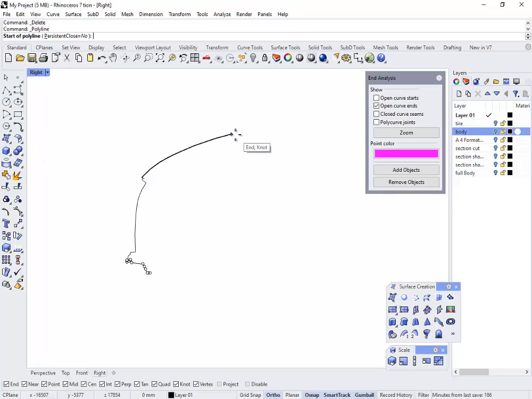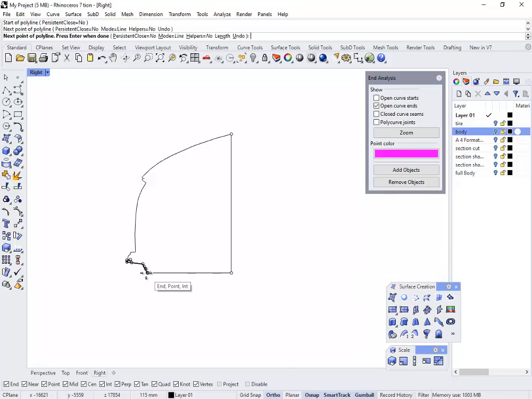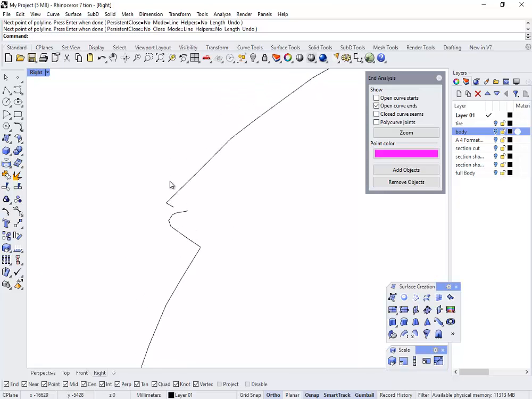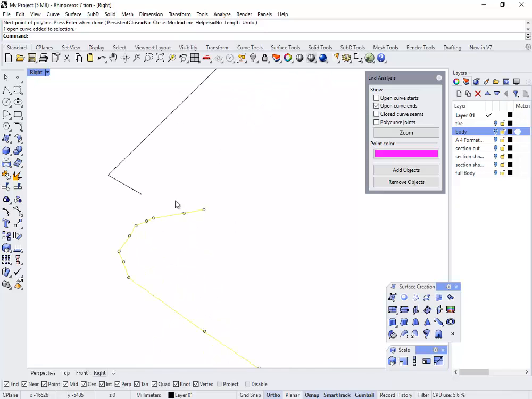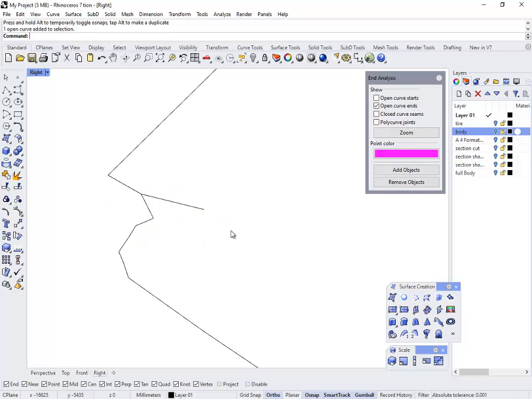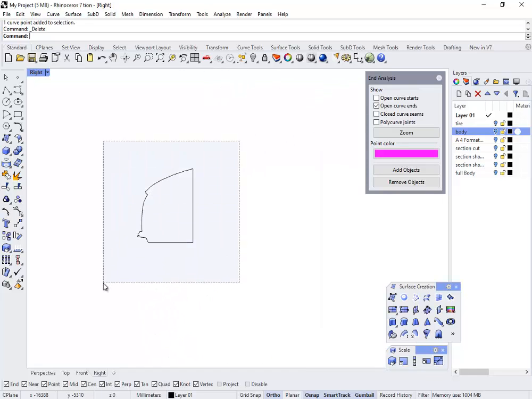This part of it. What's that now? The same as like that. And